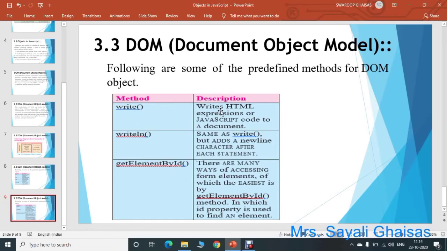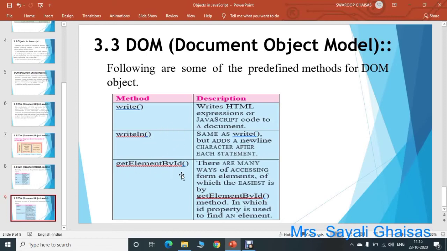Using write, it writes HTML expressions or JavaScript code to a document. So we can write any content with the help of the write method. Using writeln, it works the same as write, that is you can write a content or give any message with the help of writeln, but it adds a new line character after each statement. So for a new line we can use writeln.